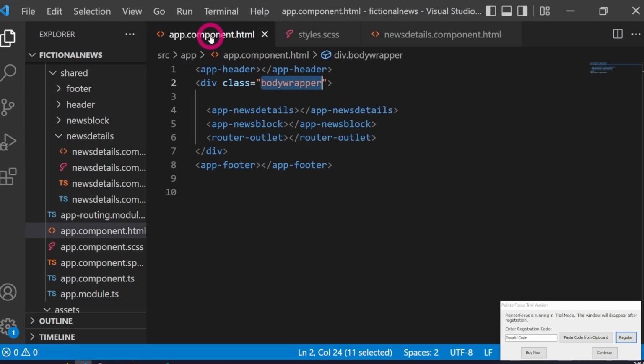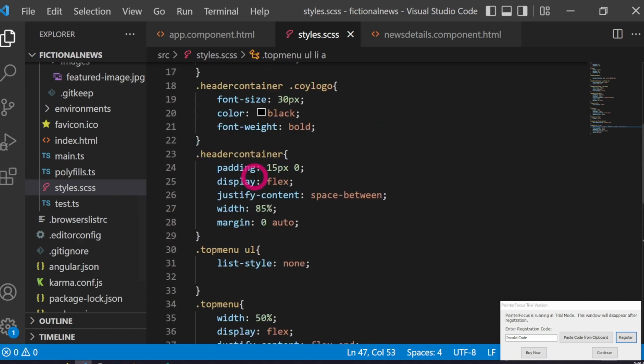So if we go to app component, this is the wrapper class. So I take this wrapper class. So we go to where we have our container. Yep, this is where we're gonna put it. Also, we don't need a padding here. So I'm just gonna repeat this style, just without a padding.